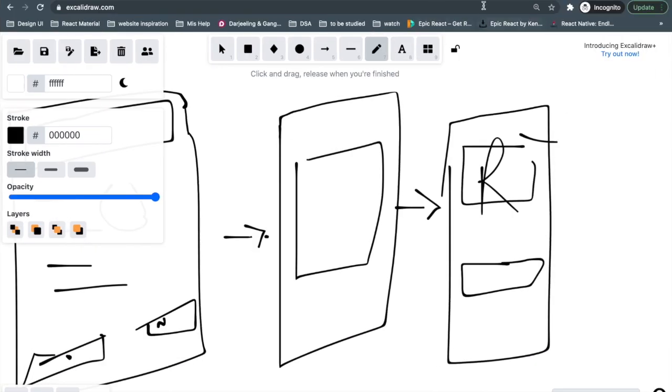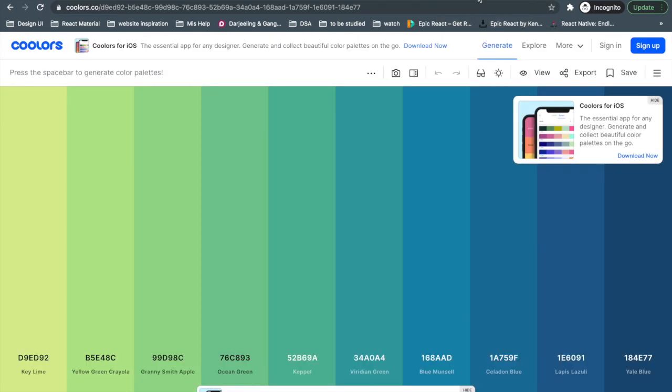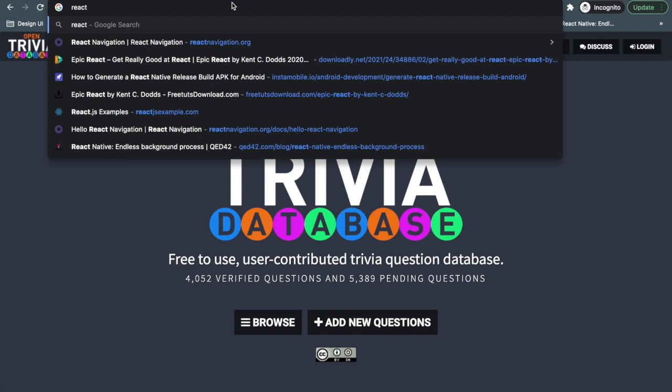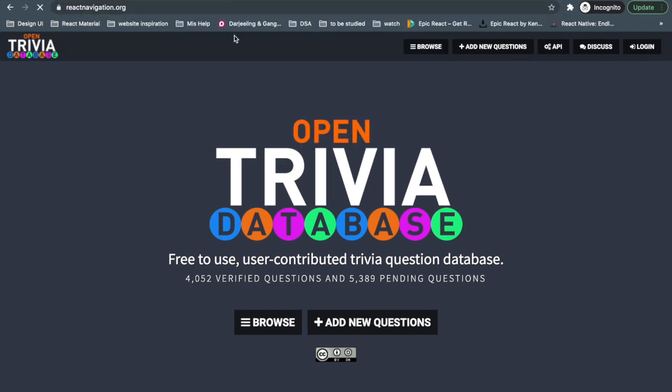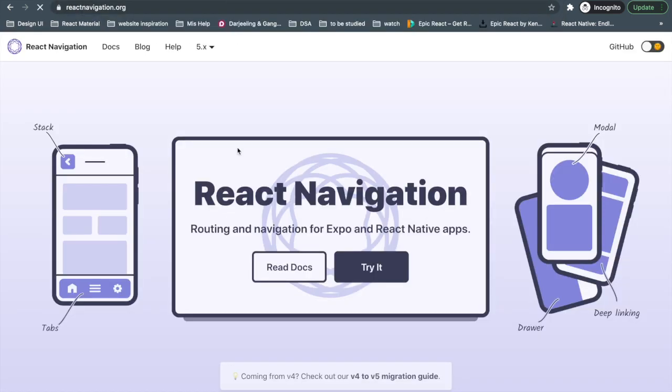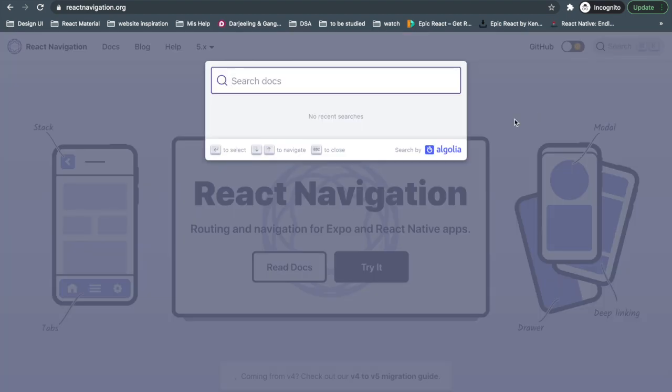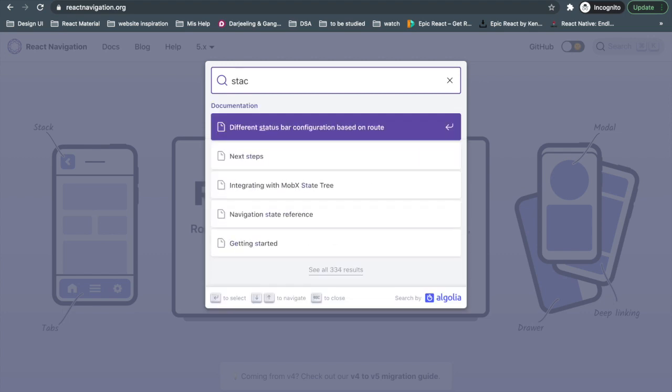For that we need to go to React Navigation. We are going to use React Navigation. Here we are going to use stack navigator. Now what is stack navigator?